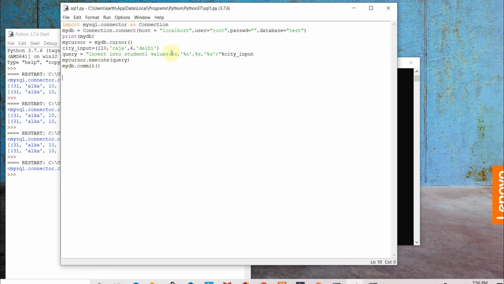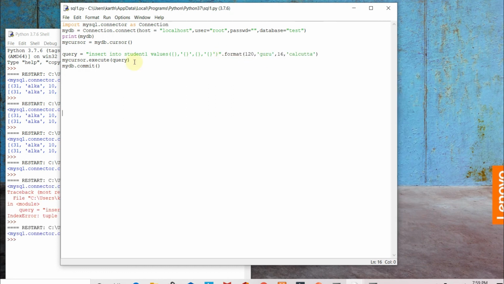Now the other way of doing it is, instead we can make use of the braces. Here within the quotes and again within the quotes. After this is over, here dot format. If I'm making use of the dot format function, I can have the values specified here.